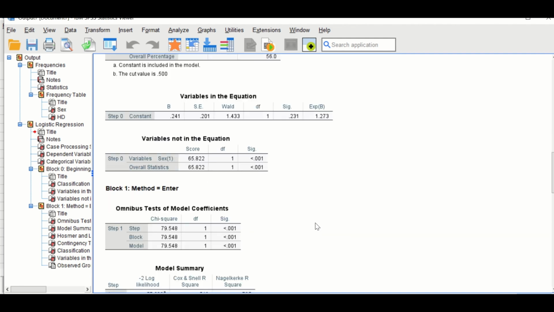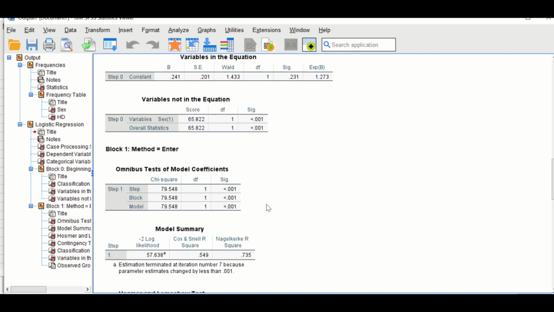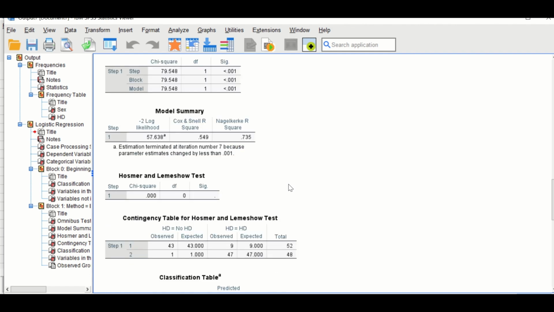Moving to the section here, which is for method enter, the important table also here is the model summary. A model is generated by trying to fit the predictor into the outcome to generate a model in which the predictor can predict the outcome. Again, looking at the R square here, which is the value here, which is 0.735. This value means that